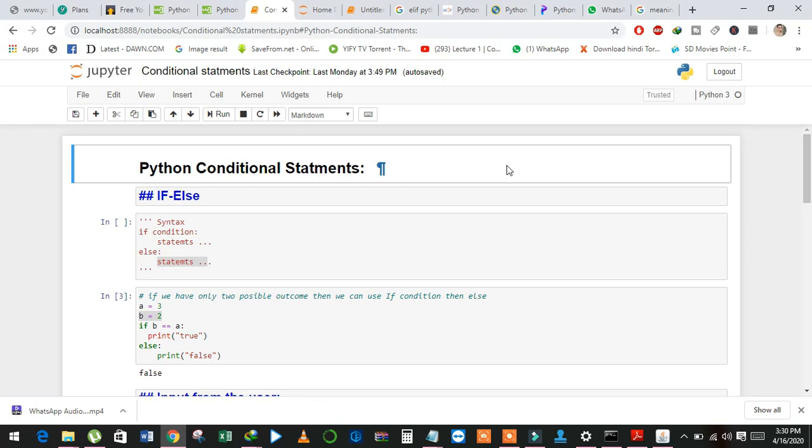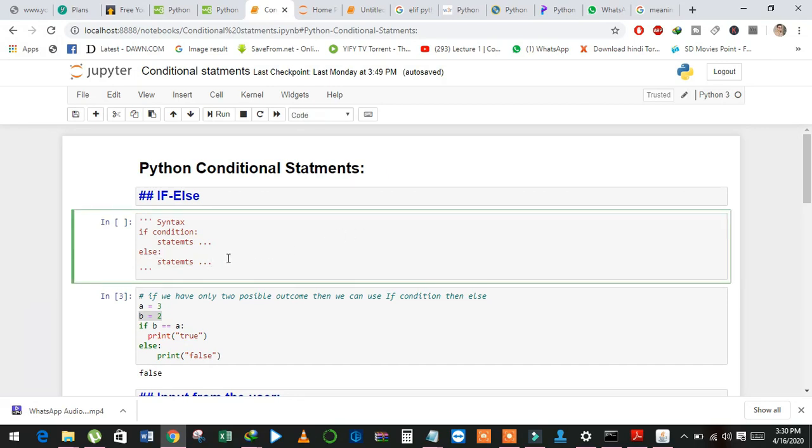See here, we have the syntax for if else: if, then condition, and then colon, and then we will use statements. And see here, before the statement each line has some space, which means indentation.